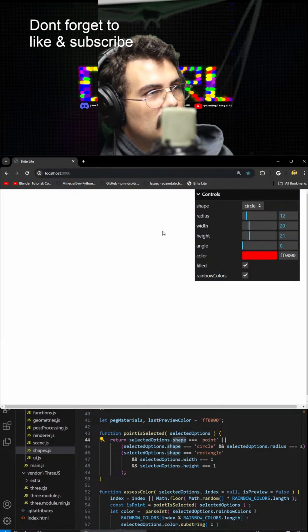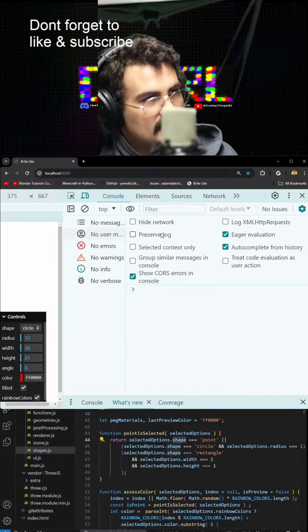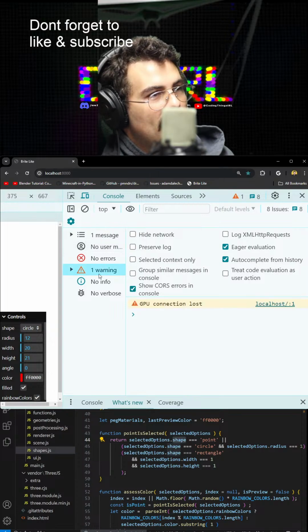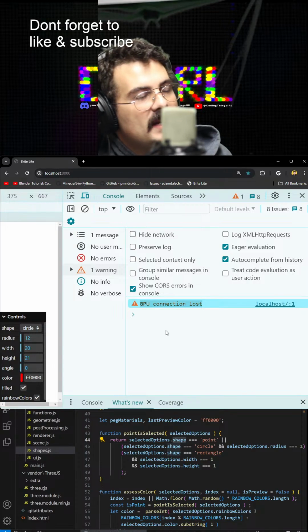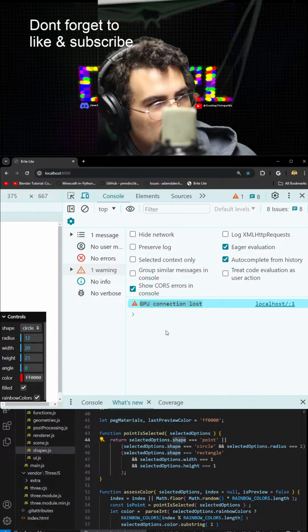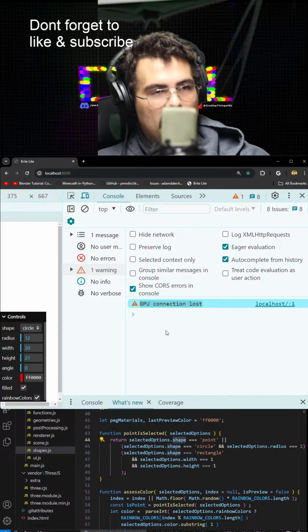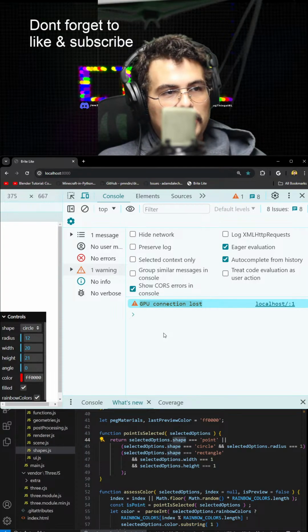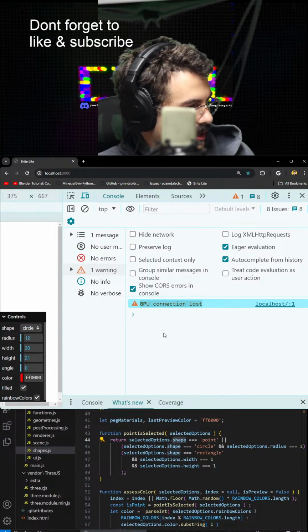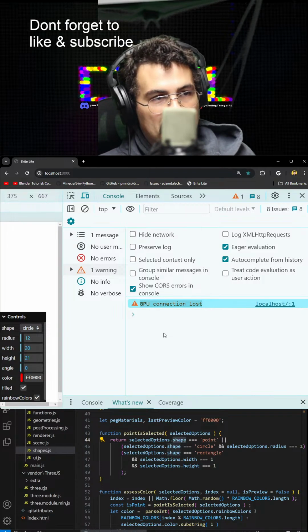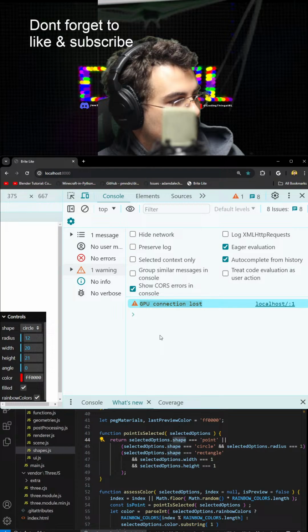Oh, look at that. That's not good. And then this is the problem. GPU connection lost. Ooh. So, if you don't already know, there is a new-ish renderer that just shipped to Chrome this year. And the renderer is sophisticated in that it talks to your GPU and allows for advanced hardware